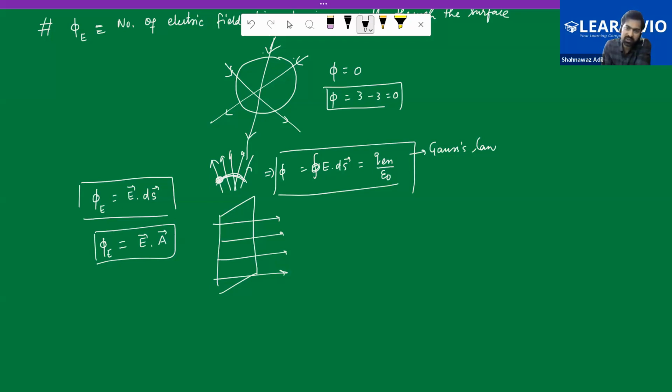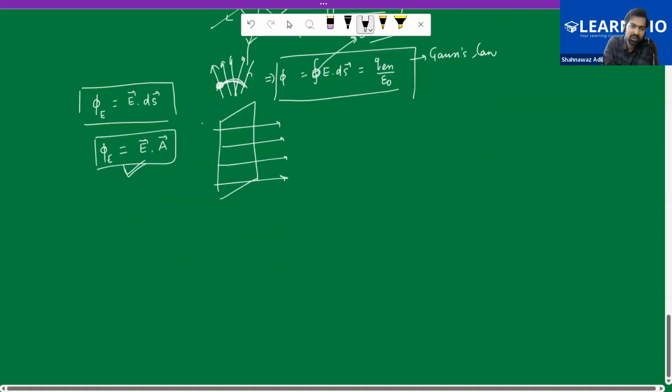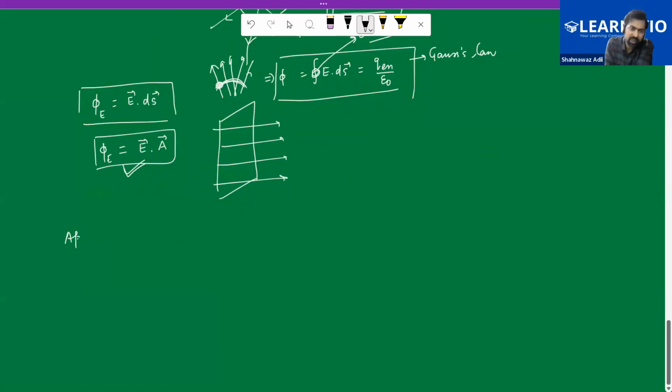So this is a very important thing. This is called closed, right? So that surface should be closed. If that is an open surface, then that would be a different scenario, right? That would not be equal to Q enclosed by epsilon. So this is the flux that is defined, and then this is the Gauss law, and then we apply this Gauss law to find out